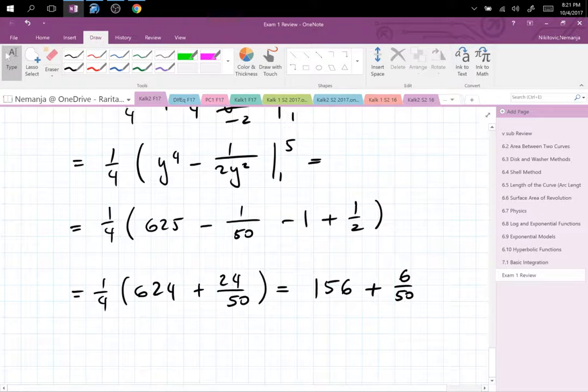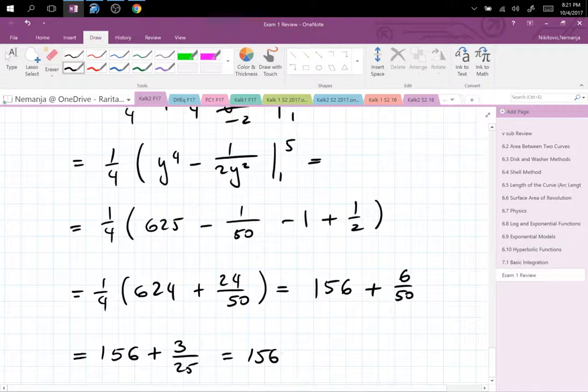6 over 50 is actually 3 over 25. So 156 plus 3 over 25. Now the trick is to write this as a mixed number, and you're done. You don't have to add this. Just write it as a mixed number, because 3/25 is a part of one whole. You have a number of whole pieces, and if you want to get the complete fraction, you will just multiply it through,